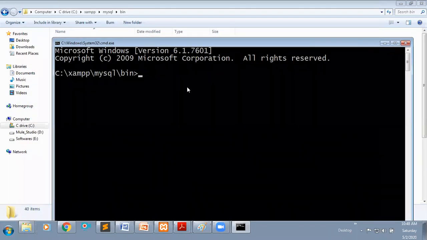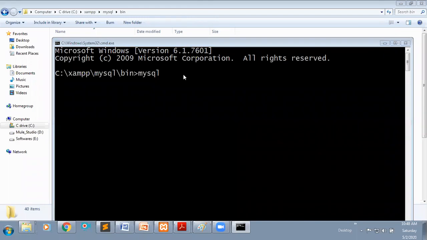See here, you just need to write mysql, then a space. You need to give the username of this server. By default, while installing, root will be your username. And you need to mention the password also.